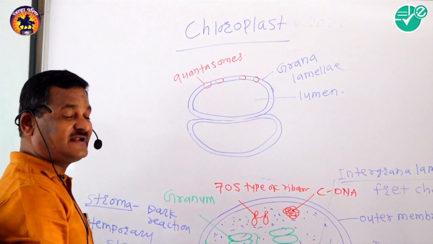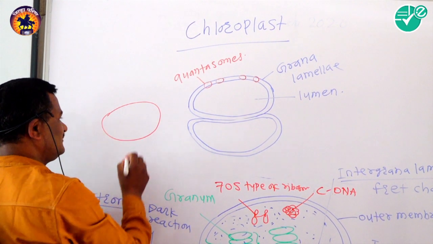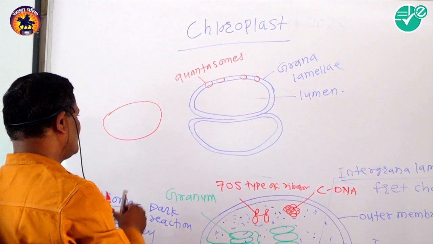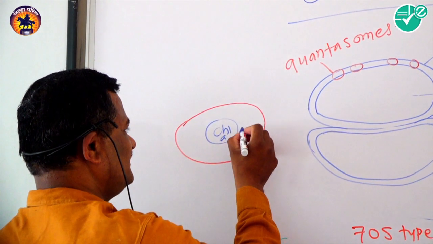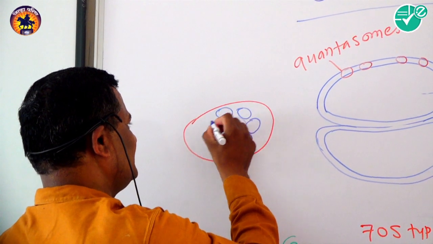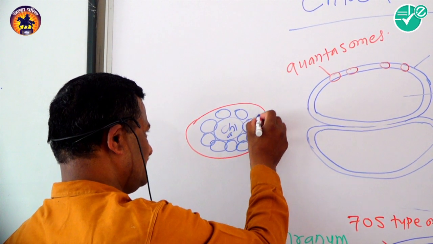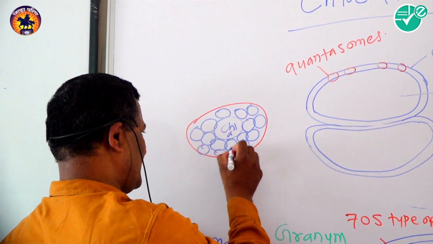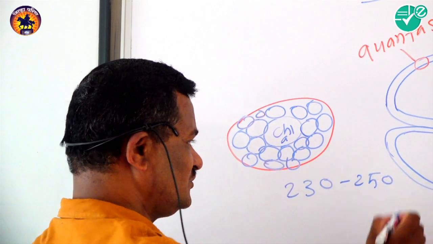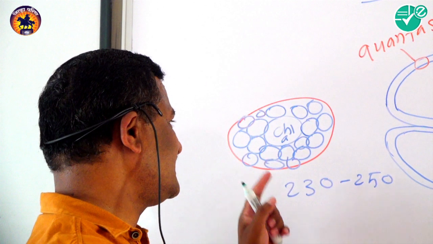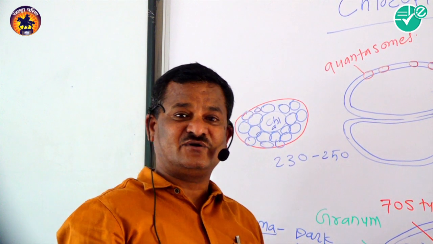Quantasomes contain different types of photosynthetic pigments, that is chlorophyll A, chlorophyll B, carotene, xanthophyll, chlorophyll C, chlorophyll D, chlorophyll E. 230 to 250 photosynthetic pigment molecules are present in the quantasomes, and they absorb light energy and convert it into chemical